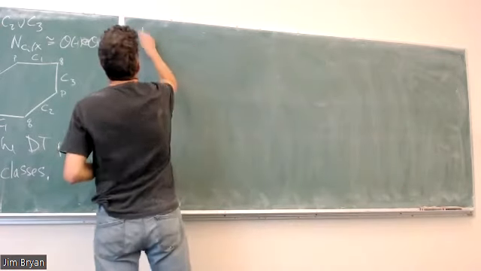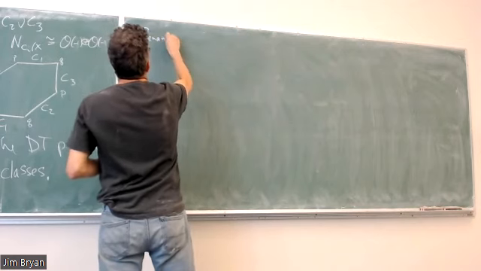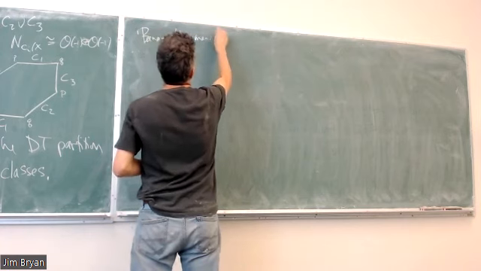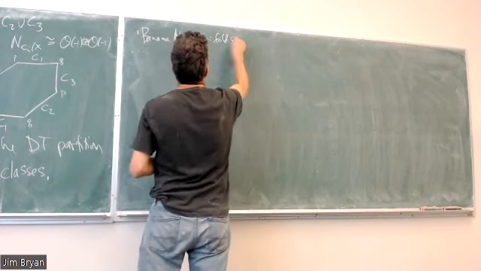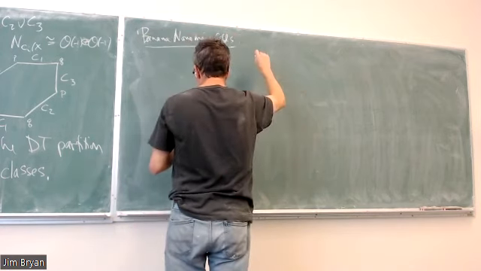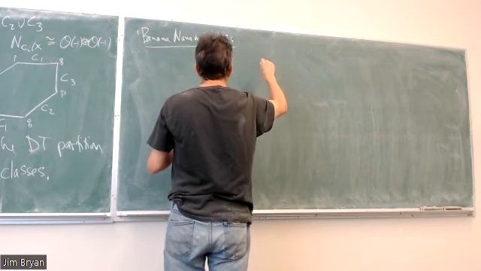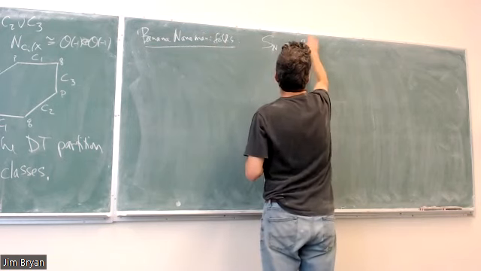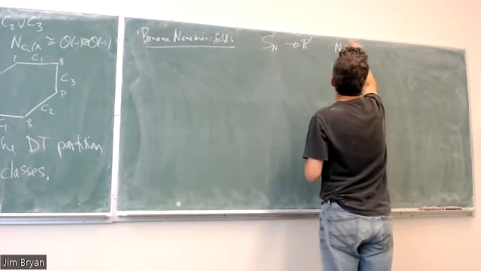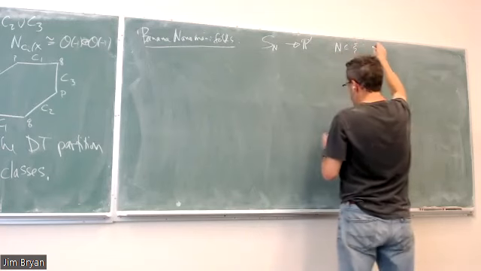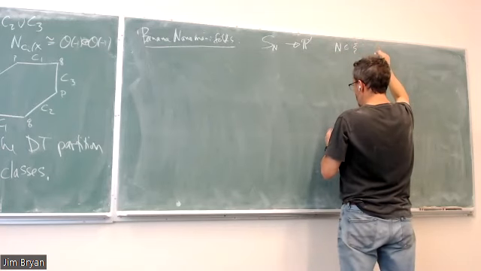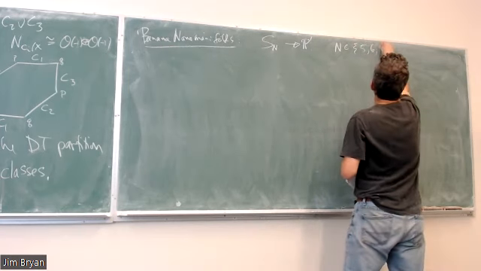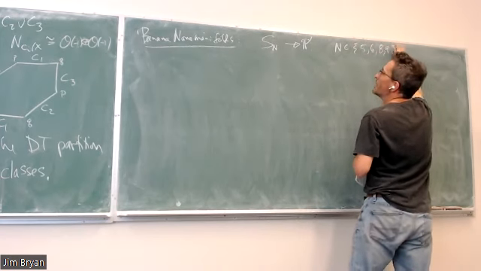So these are the banana nanomanifolds. Let S_n over P1, where n is in 5, 6, 8, or 9,